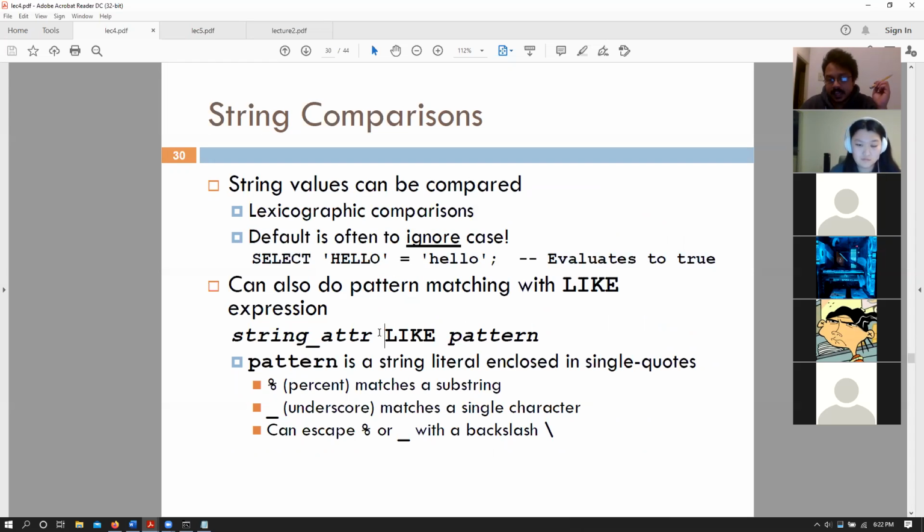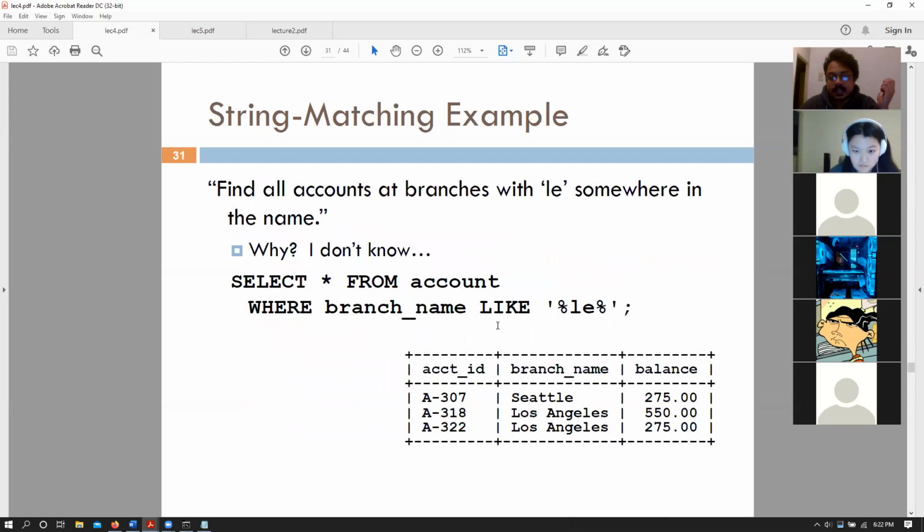We can also use the LIKE pattern matching, the LIKE operation, to do some pattern matching. So for example, we can say